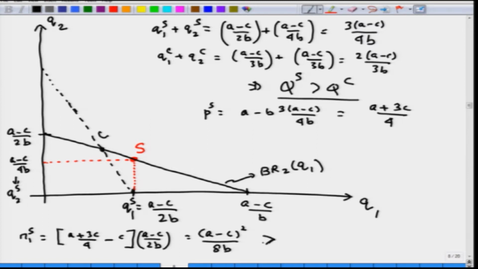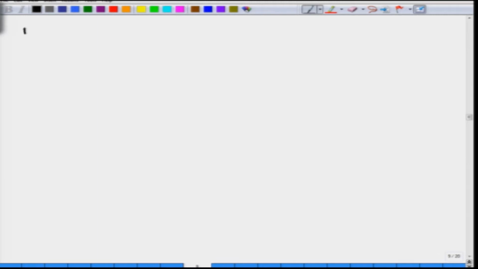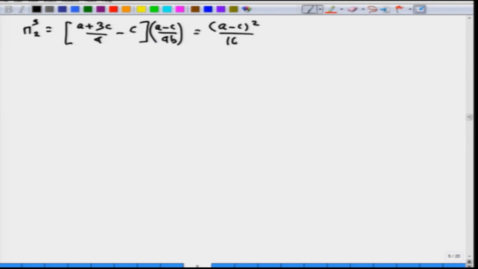Again, this is greater than the profit that firm 1 would get under Cournot competition, which is (A − C) whole square by 9B. So, this is the profit that firm 1 gets under the Cournot model, and for completeness, the profit of firm 2 is again the price, (A + 3C) over 4, minus the marginal cost, times the output chosen by firm 2, which is (A − C) divided by 4B, and this turns out to be (A − C) whole square by 16B, and this is less than the profit that firm 2 gets under the Cournot model,